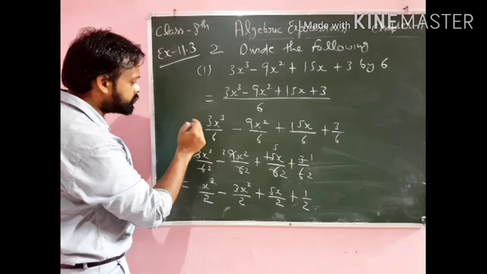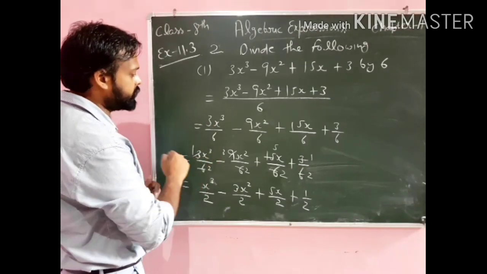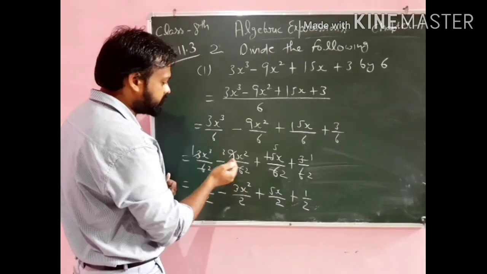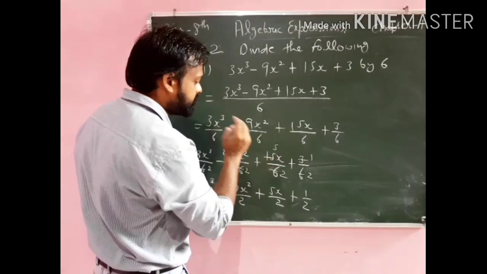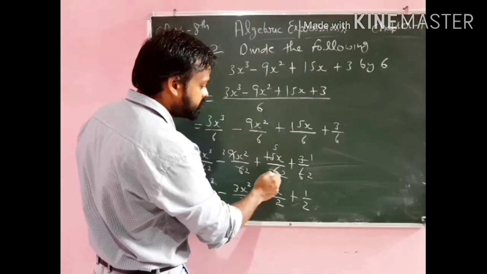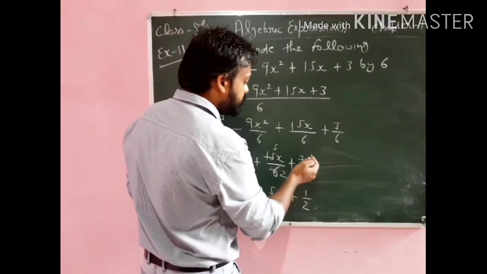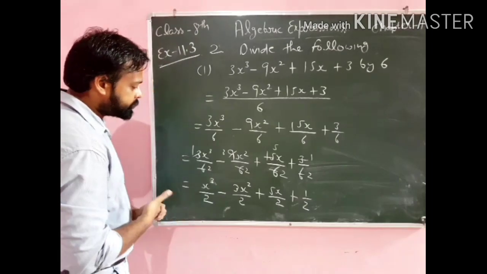So it will go on with the 3. So 3 ones are 3 and 3 twos are 6. x cube remains as it is because no variable is there. So also the same case here, 3 threes are 9, 3 twos are 6, and then the plus sign as it is, 5 threes are 15, 3 twos are 6. So this one is also cancelled. Then 3 ones are 3 and 3 twos are 6. So we have cancelled the terms.